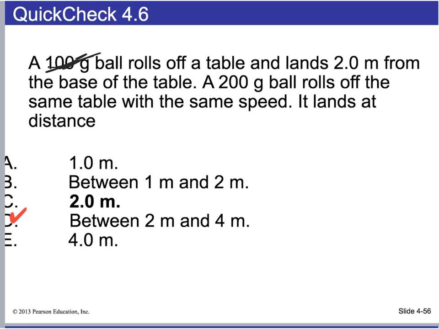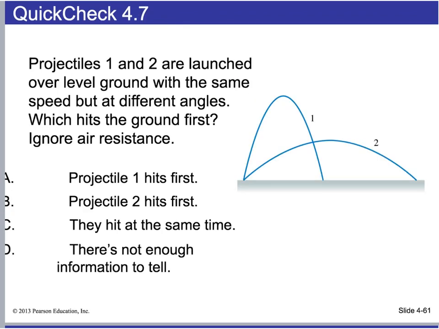In other words, these numbers here are irrelevant. Okay, projectile 1 and 2 are launched over ground with the same speed but at different angles. Which hits the ground first? Ignore air resistance. The one that hits the ground first is projectile 2, and I know this because it doesn't